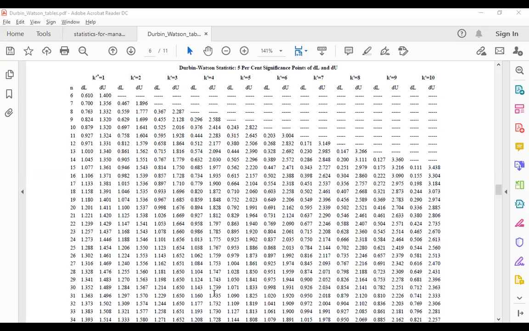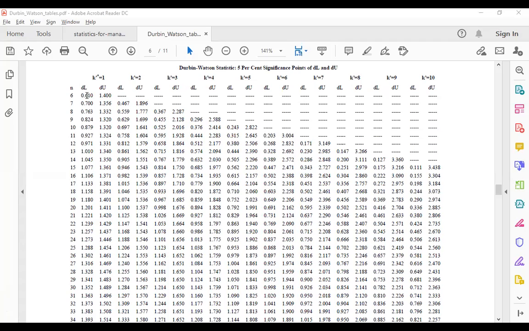This is the table at the 5% point, that is, a significance level alpha of 0.05. N is the sample size, and K is the number of independent variables in the model. The first value is DL, which represents the lower critical value.